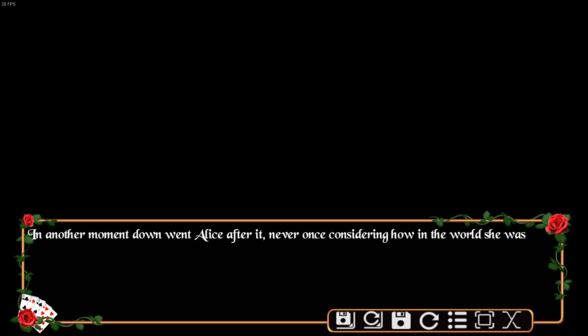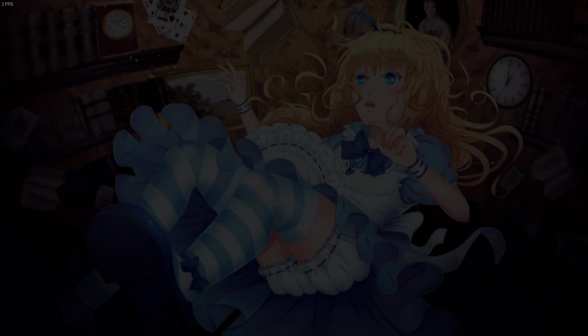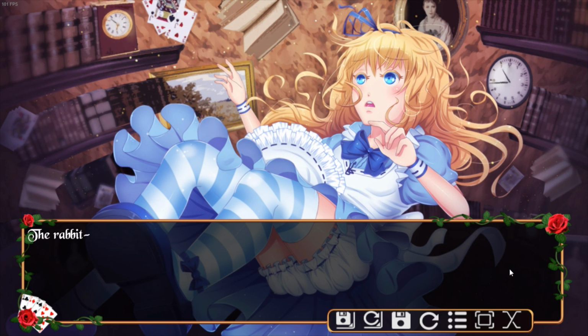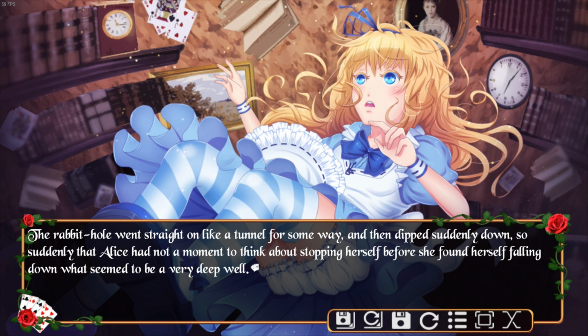Another moment, down went Alice after it, never once considering how in the world she was to get out again. The rabbit hole went straight on like a tunnel for some way, and then dipped suddenly down, so suddenly that Alice had not a moment to think about stopping herself before she found herself falling down what seemed to be a very deep well.